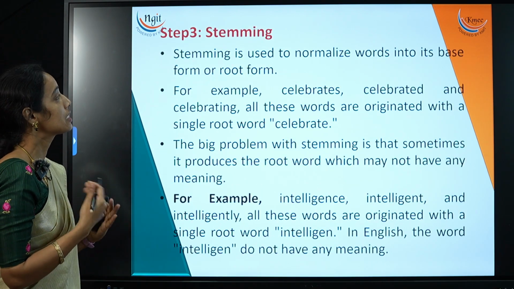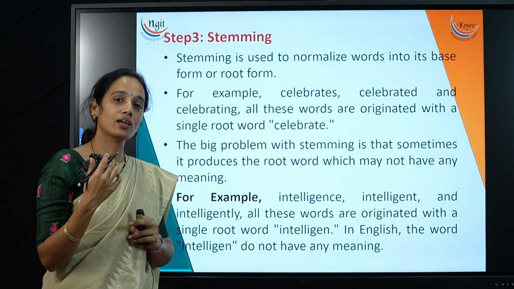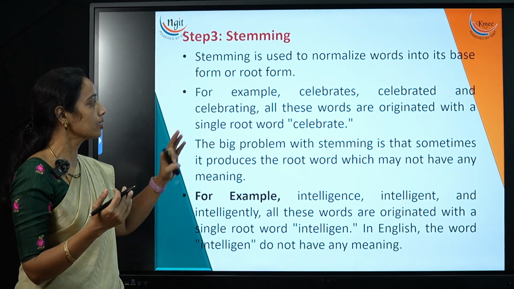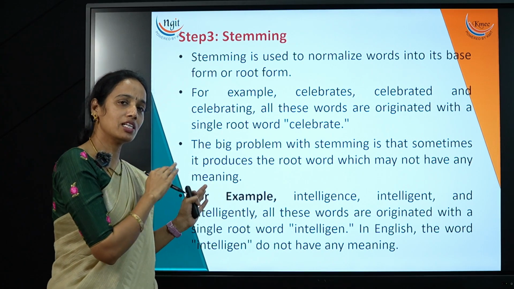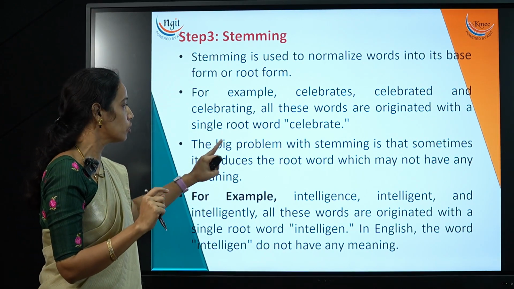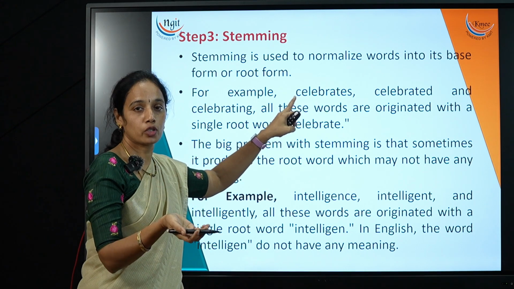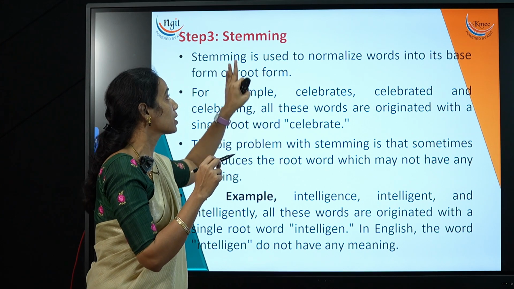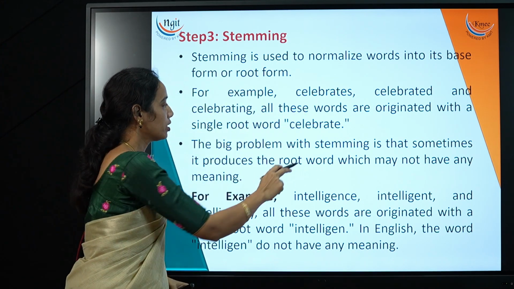Next one is stemming. Stemming is used to normalize words into their base form or root form. That is, in a particular sentence, you might see words like celebrate, celebrated, and celebrating. But all these have a root word called celebrate. So instead of dividing it 3 times, in tokenization we have divided it into 3 words. But coming to stemming, it combines all these 3 words into one root word,